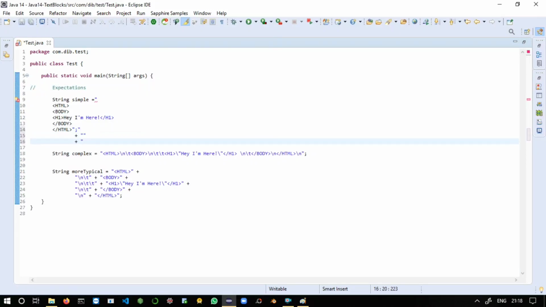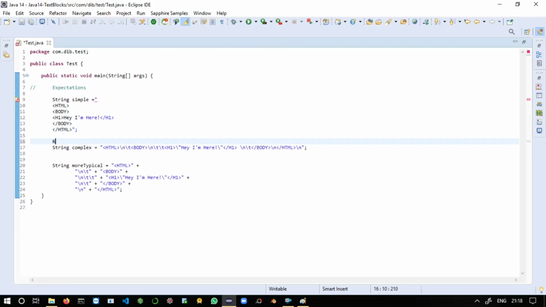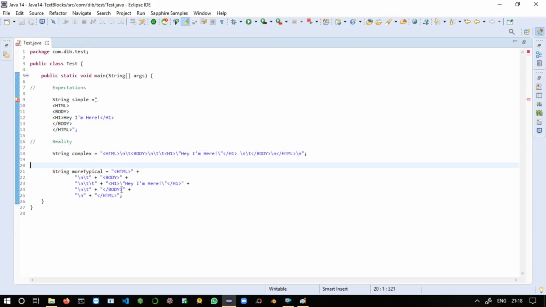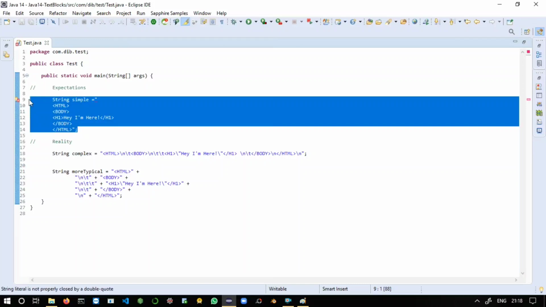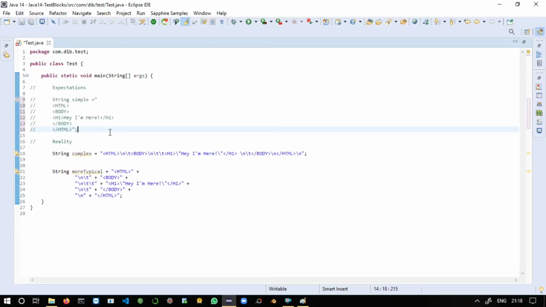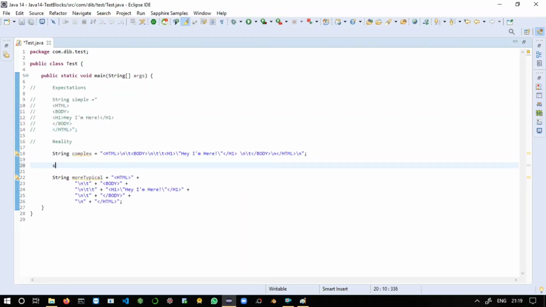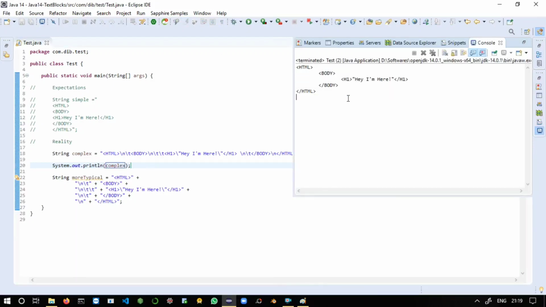Here you can say this is reality, because if you want to print out HTML code in that pattern, you have to code like this with much more complexity. Here you can see a syntax error is coming because you can't write like this in Java. So just comment this part, and now we will print our complex message. Sysout, complex. Just run the application. You can see we got the perfect output in the perfect pattern.